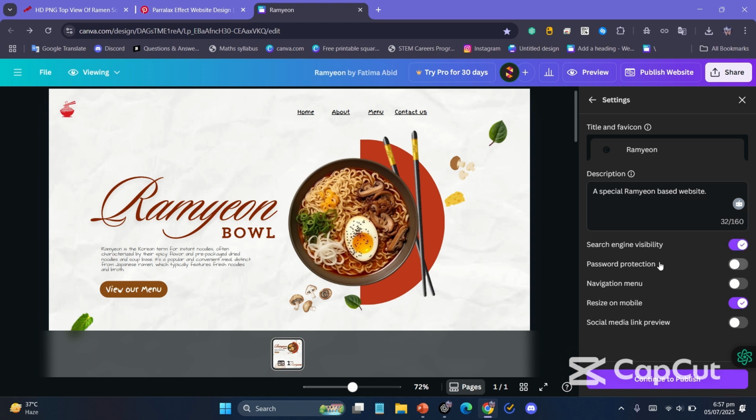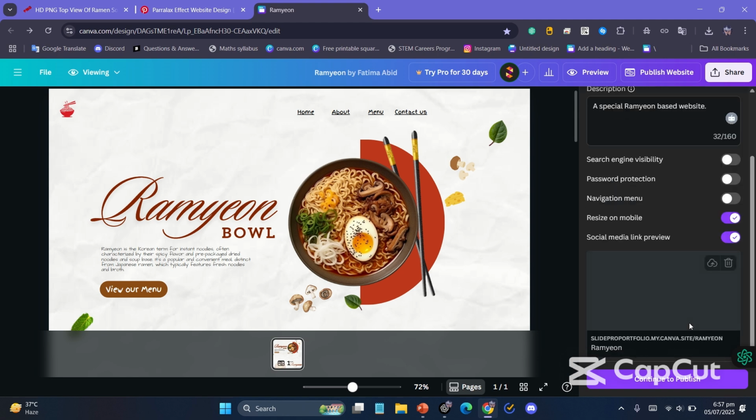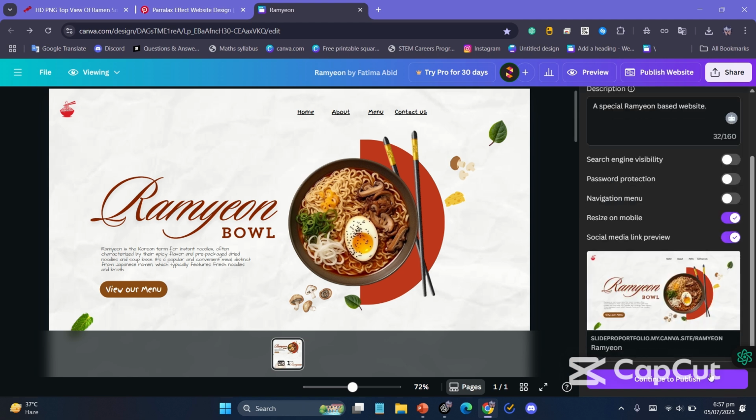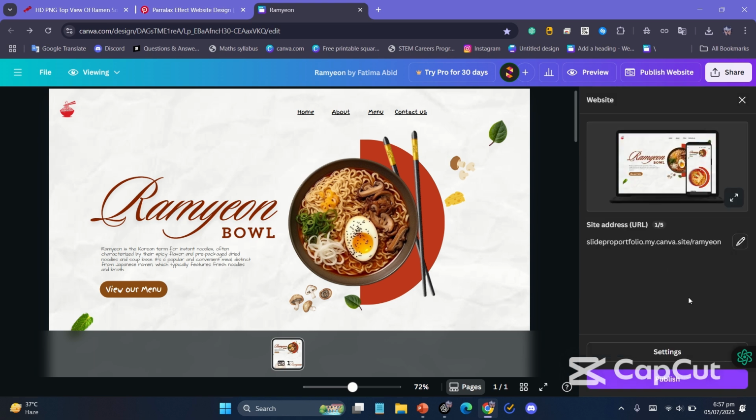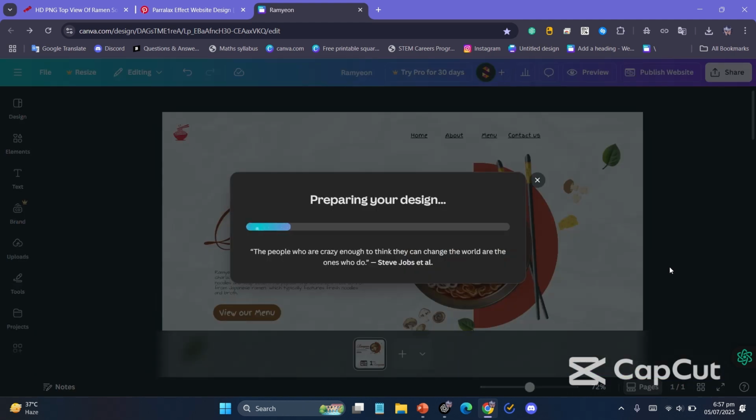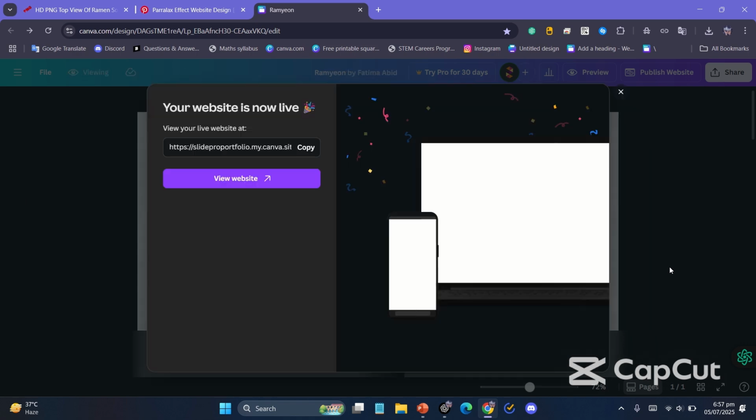We're going to turn on the search engine visibility button, and the navigation menu if you want, but we have already made the navigation menu, so there's no need. Next, we're going to turn on the social media link preview, and then we're going to publish our Canva website. So this will take a few seconds. So as they're preparing your design,